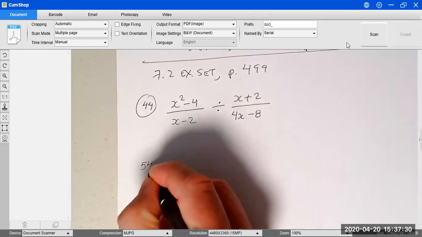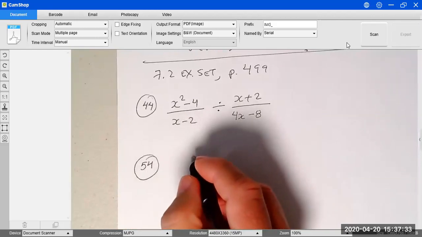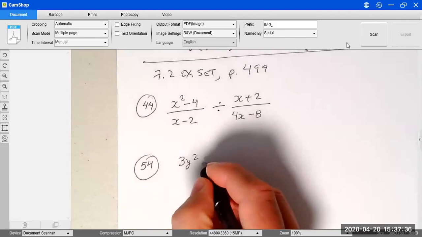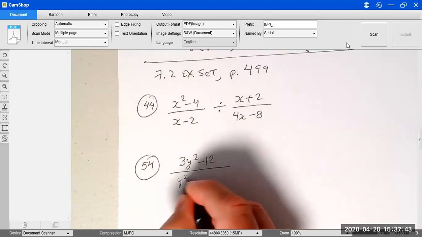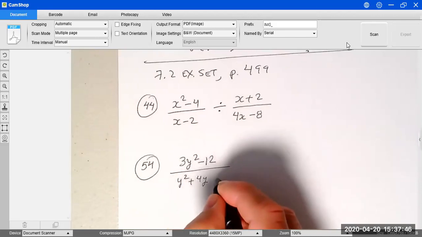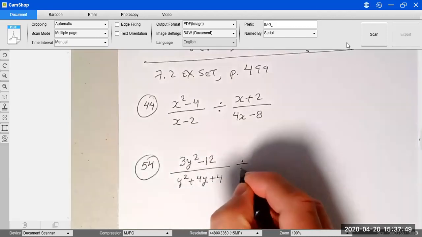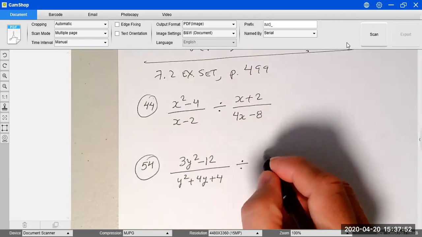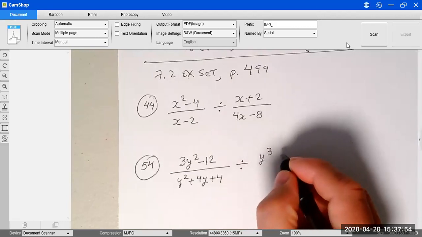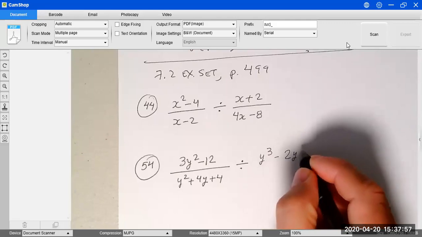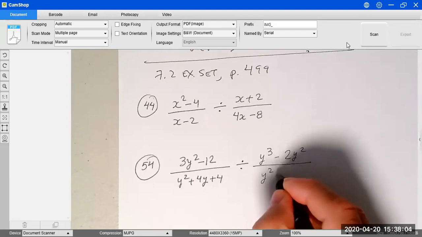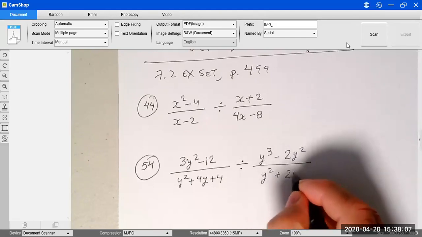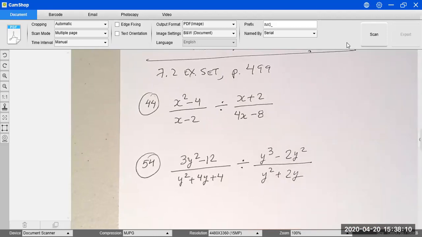54. 54, the first rational expression is 3y squared minus 12 over y squared plus 4y plus 4. You're gonna divide this by y cubed minus 2y squared over y squared plus 2y. So you're gonna work on these two exercises and you're gonna send me your answers either